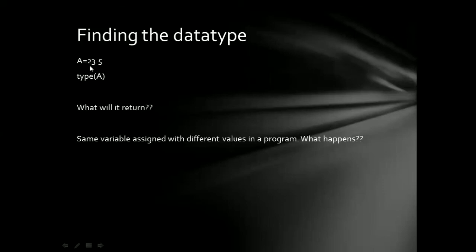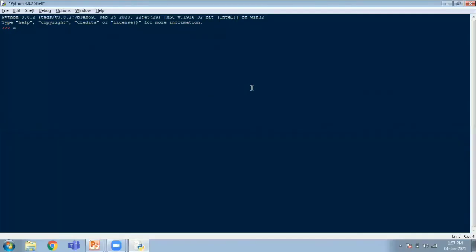Now once we give it in the program, is there a way to find what data type it is? Yes, we can give the function type to find out what data type it is. What will it return? Let us see in Python. For example, let me give a is equal to 12.5, and if I ask what is the type of this variable a, the type function will return the data type of that variable. So it belongs to float. All the data types are stored as classes and objects. We are not looking into the object oriented part of Python, we are doing the programming part of it. That is why the word class appears there. Okay, so it is of data type float.